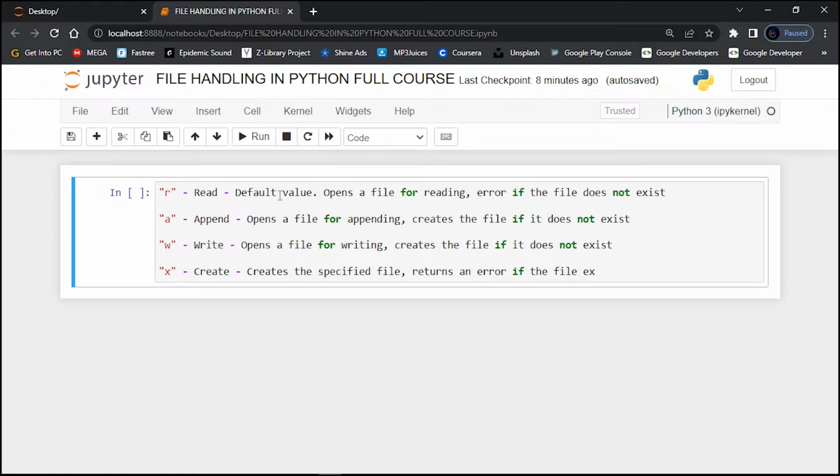And then we have the write mode, and the write mode is shortened with W. Now this one opens a file for writing and also creates the file if it doesn't exist. And then we also have the create mode, which is shortened with X. This one creates the specified file and returns an error if the file